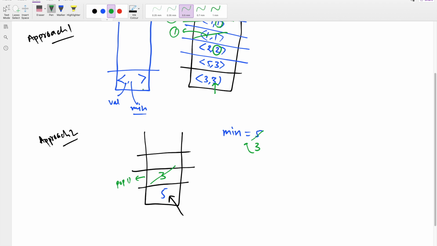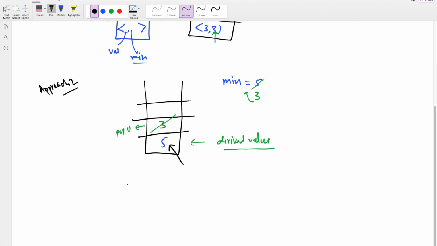So one solution would be, instead of storing the exact value in the stack, we may store a derived value. If we store the derived value in such a way that we know whether we are storing the derived value or the exact value, then we will be able to get the previous min as well somehow. Fine. So what we can think of is, when we get a push request,